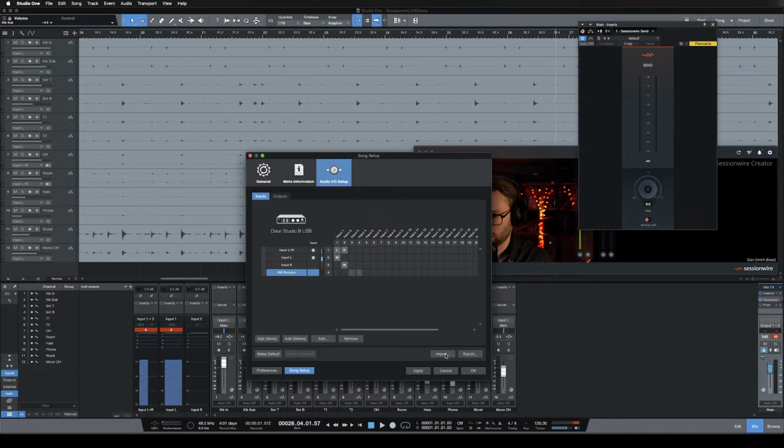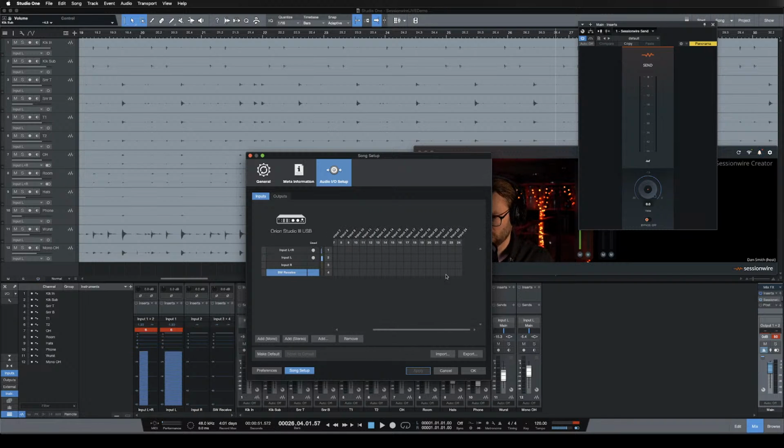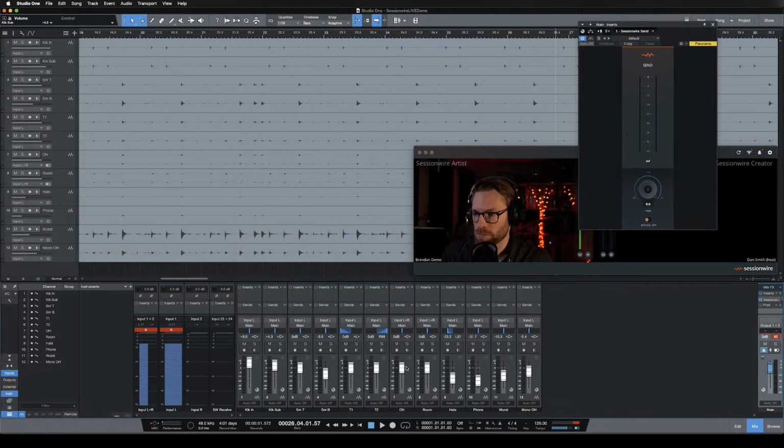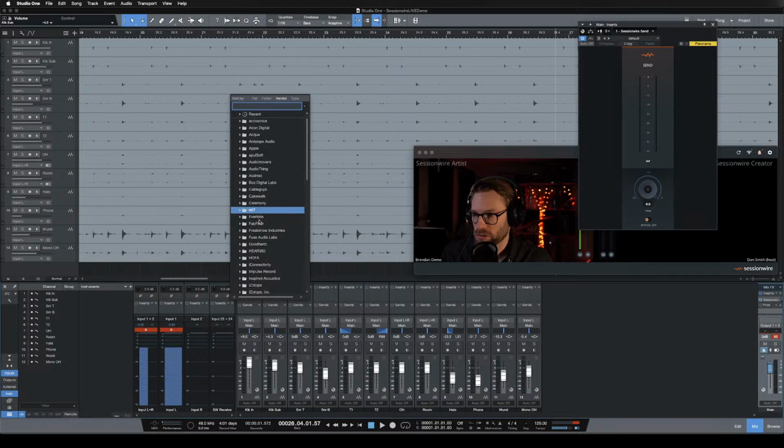Receive, spelling, Brendan. And I'm going to go apply, and it's going to create this dummy input that I'm going to actually route through channels 23 and 24 on my interface because I'm not using them for anything. So now I have this dummy stereo input called Sessionwire Receive in my mixer. And if I insert the Sessionwire Receive plugin